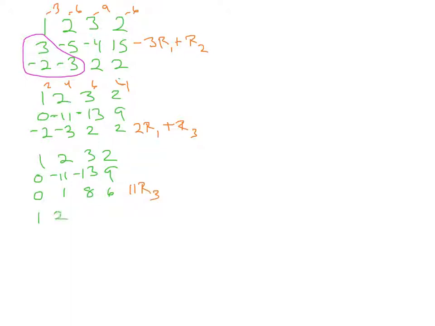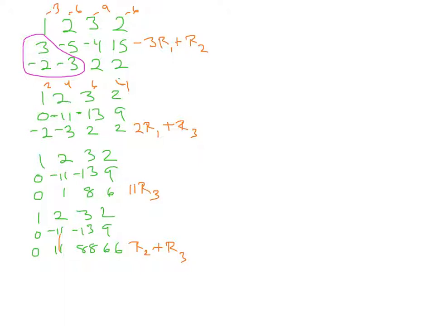So my first two rows stay the same. 0, -1, -13, and 9. And then on the bottom I'm going to get 0, 11, 88, and 66. So now, as you can see, I can add these two. So now if I just simply add them, I'm going to take row 2 plus row 3 and add